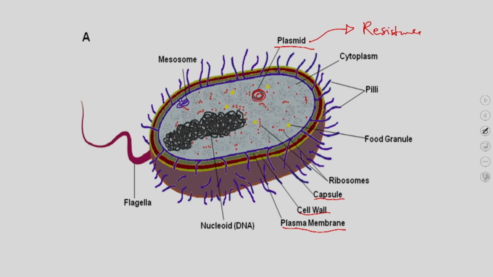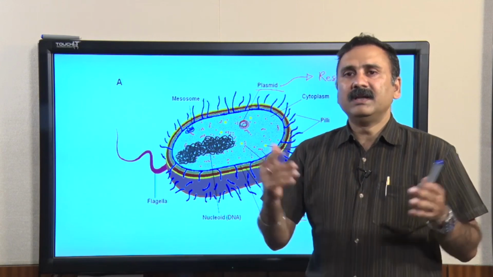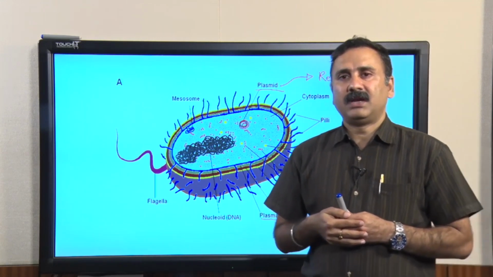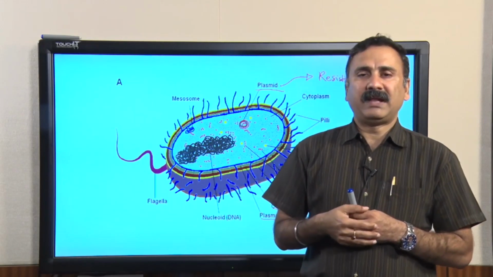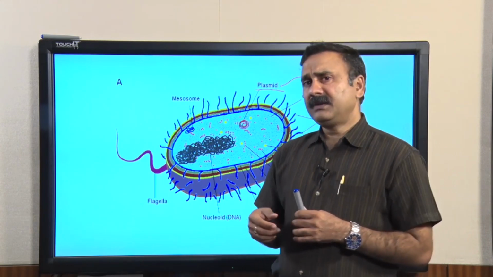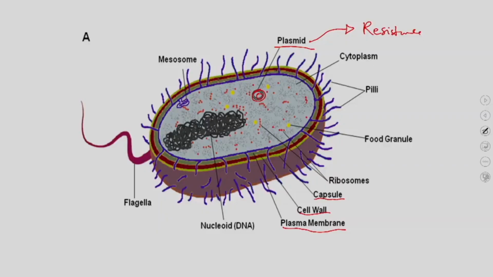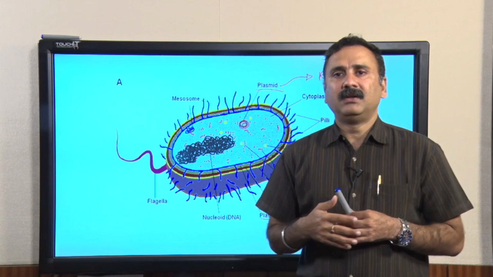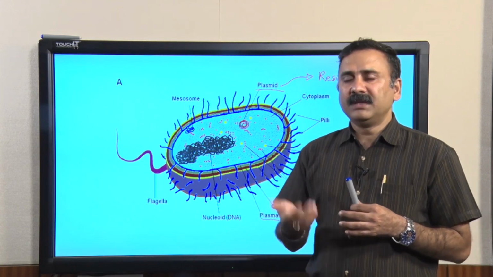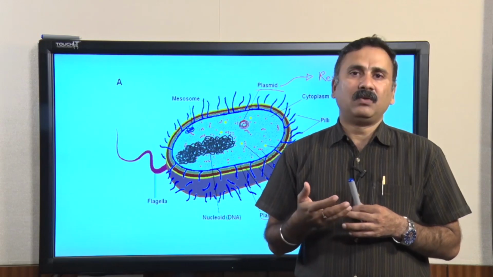By using these plasmids, they can exchange these plasmids between the two organisms, and that is how you are increasing the number of bacteria which are going to harbor this particular plasmid and will have the antibiotic resistance in due course. Similarly, some of the plasmids also have other kinds of features, and so bacteria normally use these plasmids to exchange and to spread their particular property.